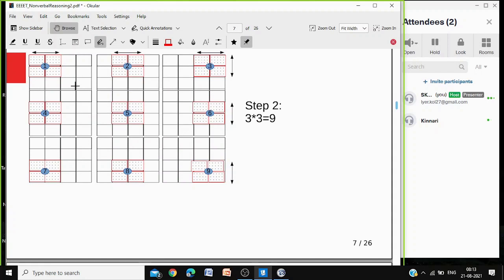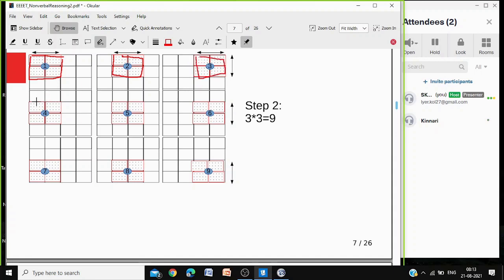Now you take 2 at a time. Now 2 means you'll have to take 2 here and also 2 here. I can't take 2 here and 3 here. 2 here and 2 here. So this will form a box. Or you can take the middle 2, or you can take the last 2. Similarly, here also you can take,